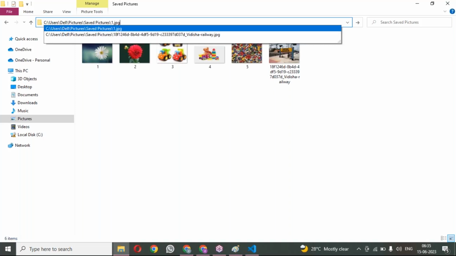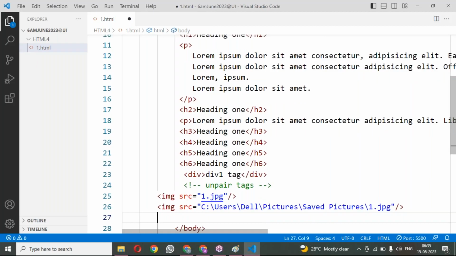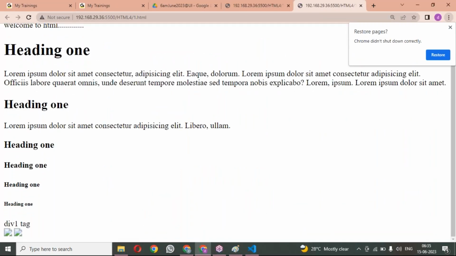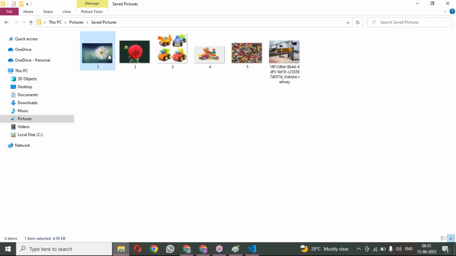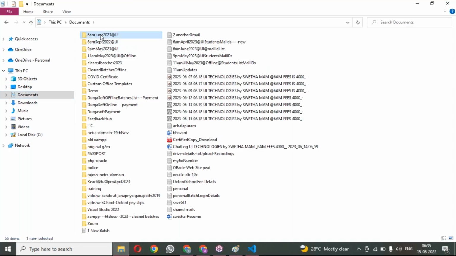1.jpg. So this way, Control C to copy. Now you can see that the image SRC will display like this. Because of that, image SRC will display those images for our program. Now, when I run my program, you can see 1.jpg. Here it is not displaying two images. If the image is in the same location, so Control C copy, go to the documents, 6 AM,